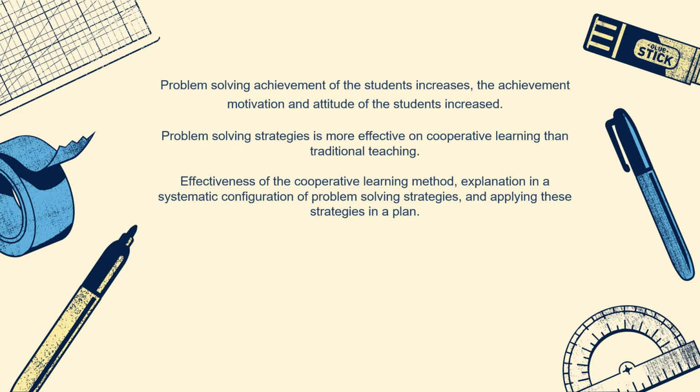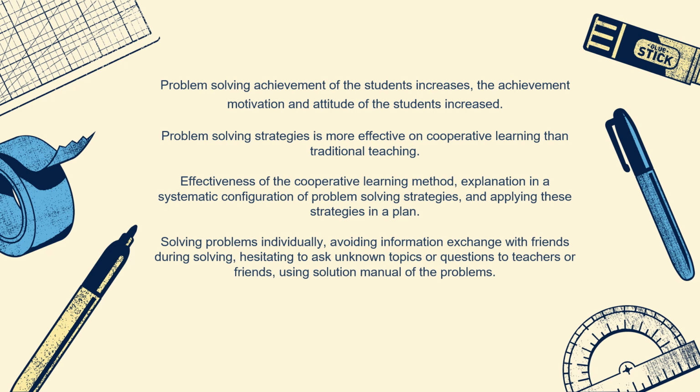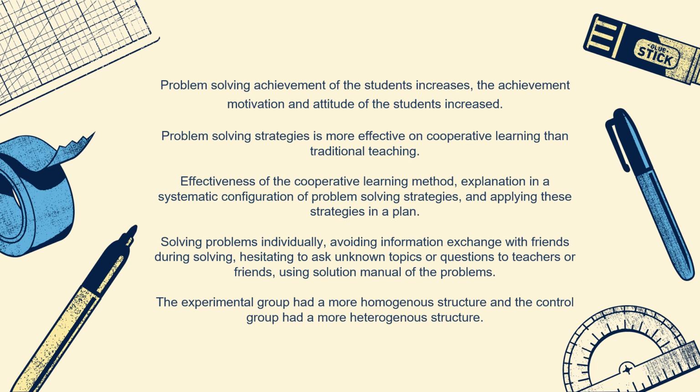The reasons for the failure in the control group's problem-solving strategies were solving problems individually, avoiding information exchange with friends during solving, hesitating to ask unknown topics or questions to teachers or friends, and using the solution manual of the problems. It was also noted that the teaching of problem-solving strategies within the control group was actually affecting the attitudes of the students towards problem solving. The results showed that the experimental group had a more homogeneous structure, and the control group had a more heterogeneous